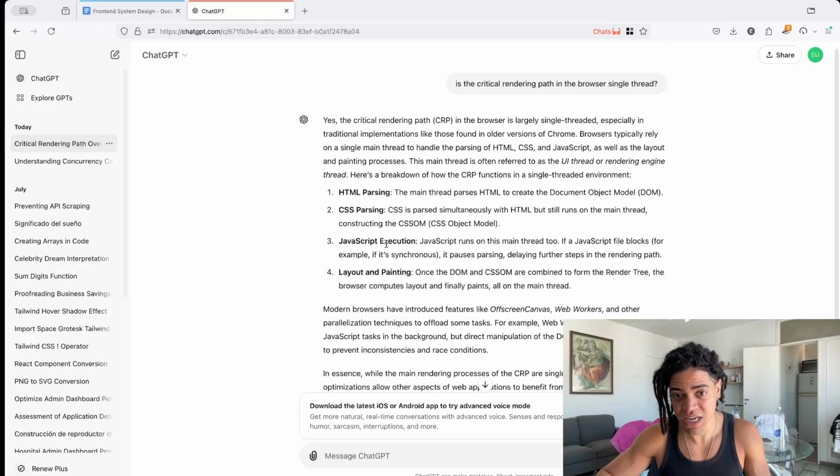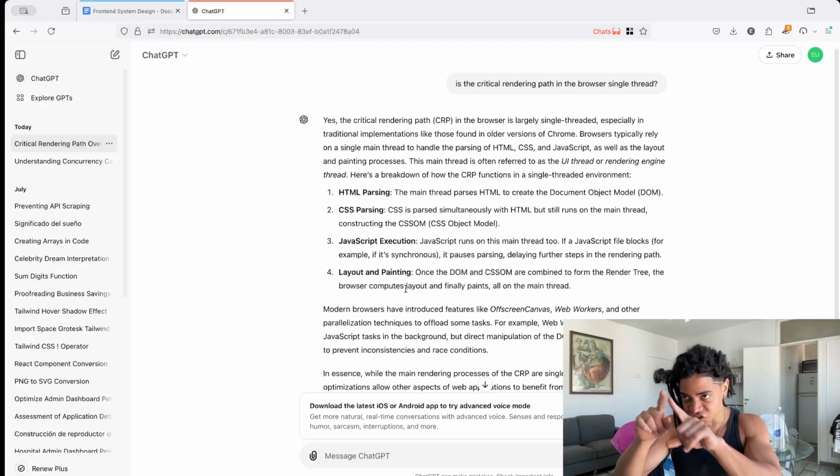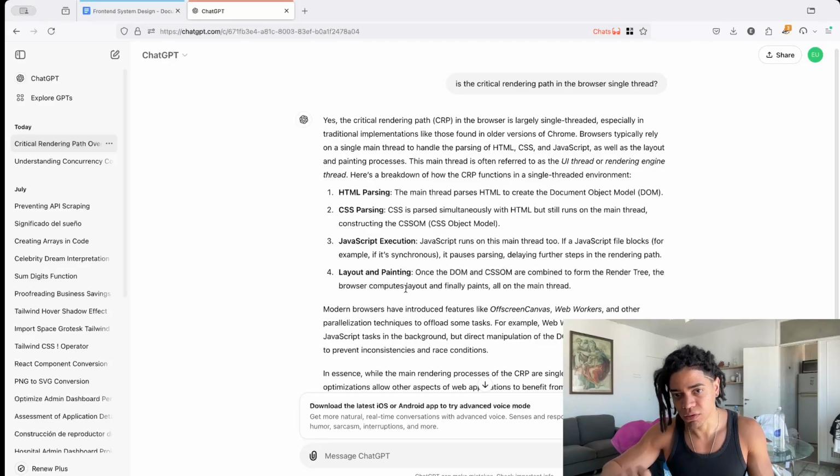Once the DOM and the CSS object model are combined to form the render tree, the browser computes the layout, the geometry and position of all of these elements, and then finally paints it, translating that into a bitmap,